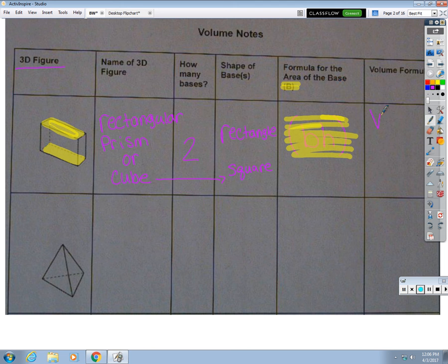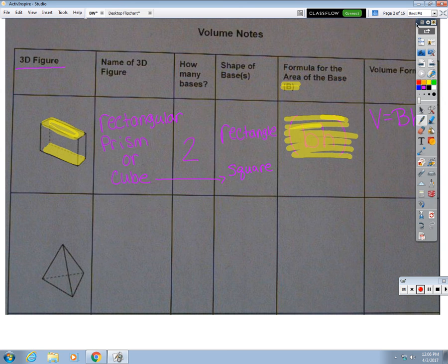That will help some of you who are visual learners. Okay. Volume equals big B times H. That formula, just like they said in Brain Pop, works for any prism. Big B times H. And cylinders, big B times H. But where the catch comes in is, what is big B? What are we going to change big B to? And right here, we're going to change it to what we just put under formula for area of the base. So our big B is going to become